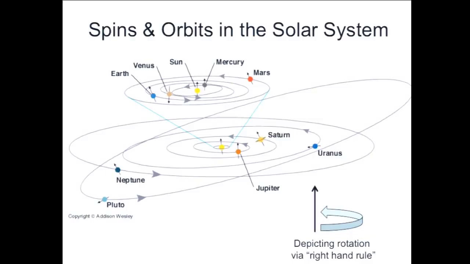Venus is actually spinning in the opposite direction that it's orbiting. So it orbits in one direction like this, and it spins on its axis in the opposite direction. Pluto is another. Uranus is pretty weird. Uranus is kind of exactly perpendicular. Its spin about its axis is exactly perpendicular to its orbit. And we'll come back to some of these exceptions in a little bit.